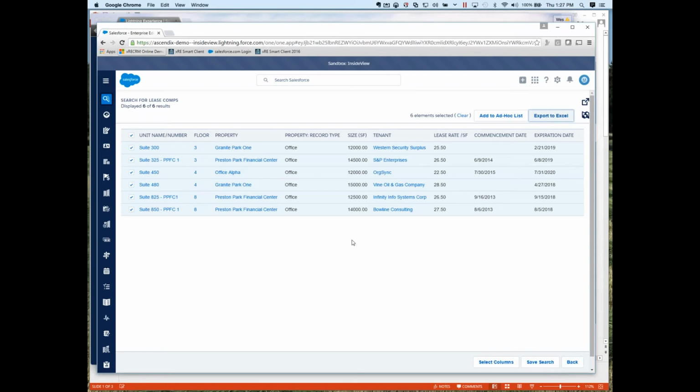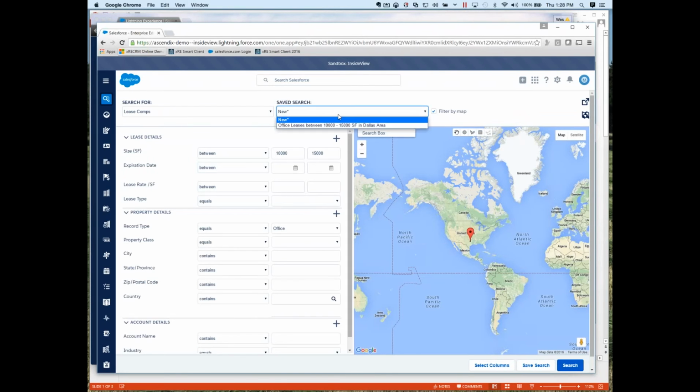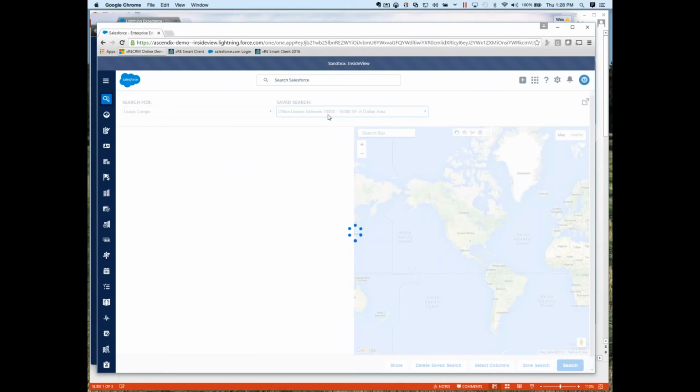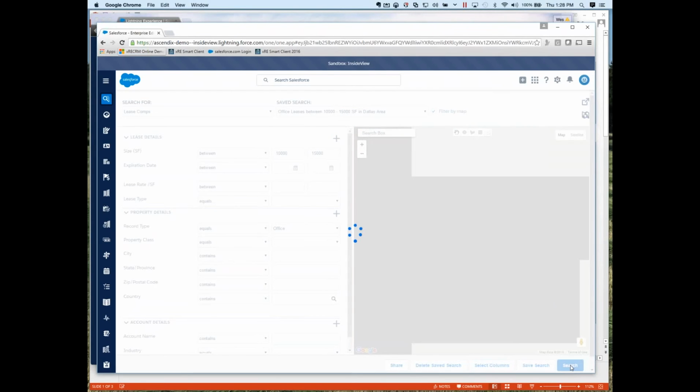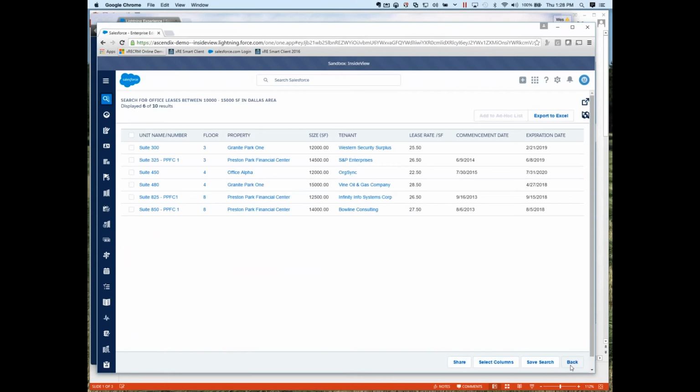So in closing, a few things on this. It allows you to search across objects, which you really can't do effectively without reporting. It allows you to include columns from multiple tables instead of just the one that you've done the search on. We didn't really touch on it, but you can save these views as well. Here we have a view that I had already created, office leases between 10 and 15,000 square feet in the Dallas area, and that's a saved search and allows you to go in there and re-render that particular search against the database. So saved searching, obviously the use of mapping for searching, and lastly, and maybe very important, is